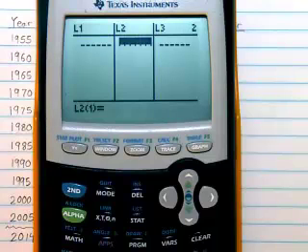So we're going to need L1, L2, and L3 all empty. Okay. So we're going to make sure you've got that. So what we're going to do is we'll do L1 is going to be the years, L2 the minimum wage, and L3 the purchasing power. Now, before you start typing numbers in there,